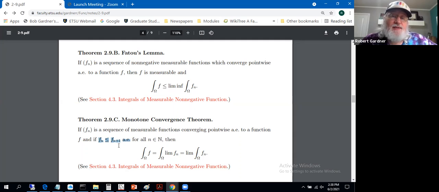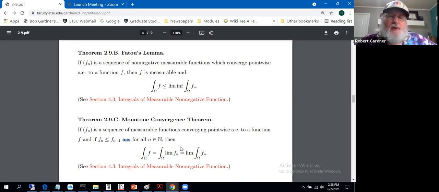everywhere for all indices. That is, for a given x value, you could also read this as f sub n of x is less than or equal to f sub n plus 1 of x for almost all x in the appropriate set, capital omega, I guess. But what's happening is if I fix an individual x value and look at the corresponding function values, it's a monotone increasing sequence. So this monotone increasingness is what, in some sense, allows us to deal with this inequality in